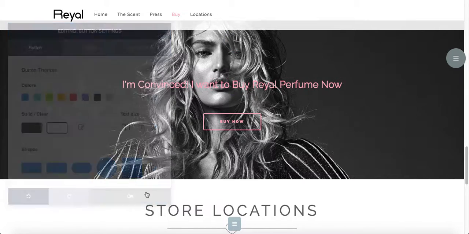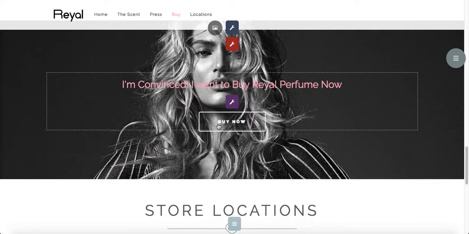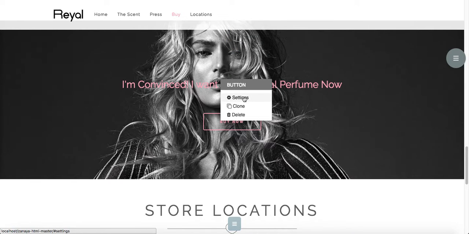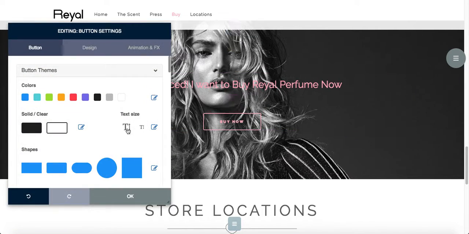Actually, maybe I want to show you another way you can get to the properties of every item by right-clicking. So I'm going to right-click here, and you can see the button, click Settings, and I get to the same window again. So I'm just going to show you some basic presets. You can really quickly change from solid buttons to only bordered based buttons to round buttons to cornered or straight,